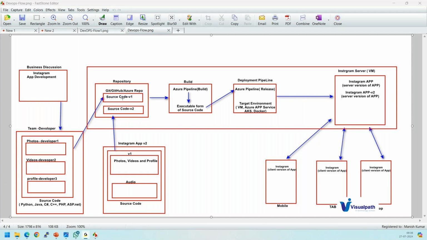Now the next challenge is, once I have the source code, for example, let's say Python. Developer 1 has written some code in Python, developer 2 and developer 3, all of them have written their code in Python, and the Python code is collectively combined in this source code version, which is fine. But am I supposed to give this Python code to run the application? Absolutely not. Because if I give the source code to any developer, like, boss, this is the source code for my Instagram application, you go and run it,